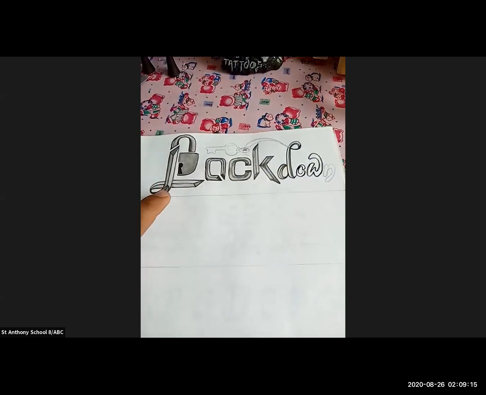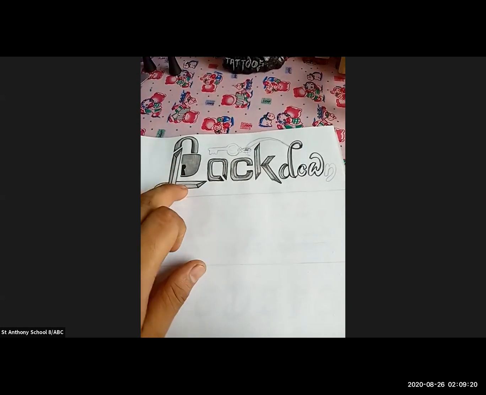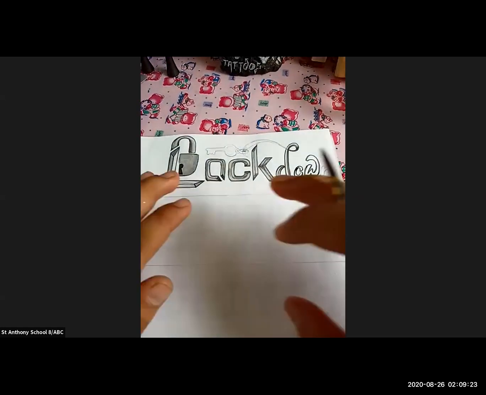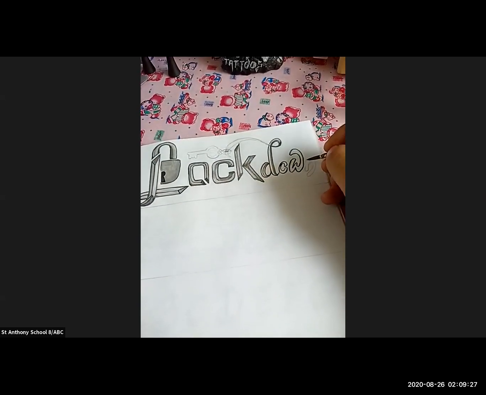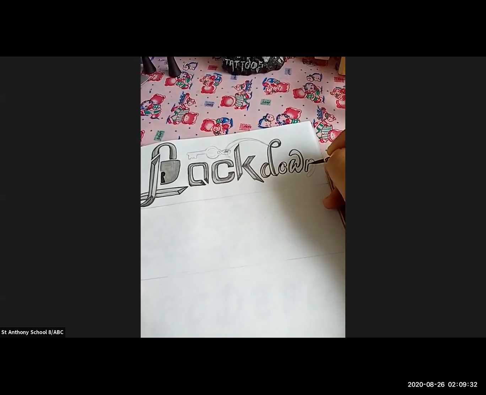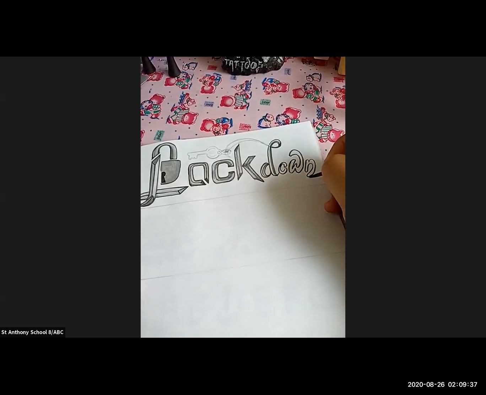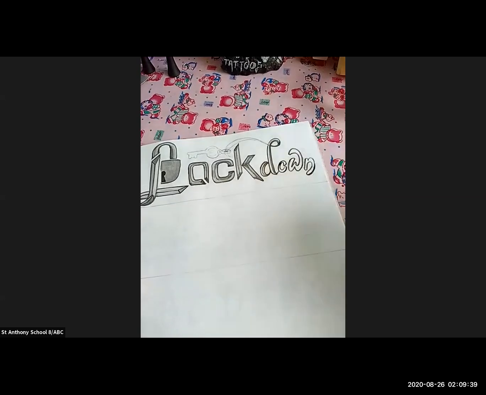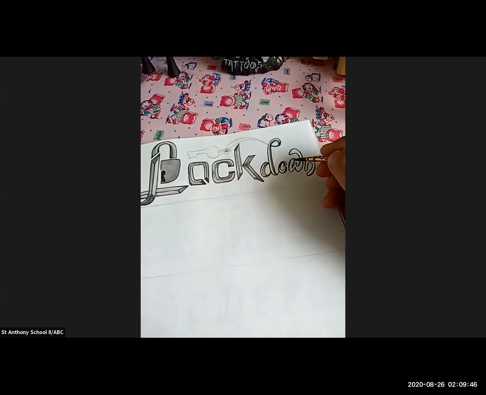As you can see, I have shown a lock over here. There is a key. This is lock, and this is down. I've used two different fonts in this, for lock and down. As you can see, I have used these two different fonts. So you can also do it the same way. You have to do this lockdown font with your own ideas. You can do it, and this is how you're going to do it. It looks like this.